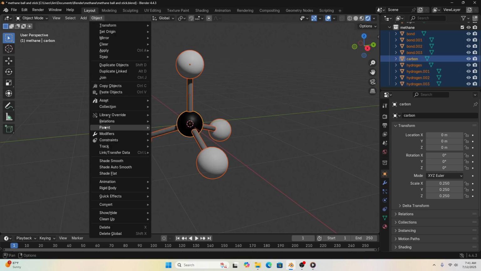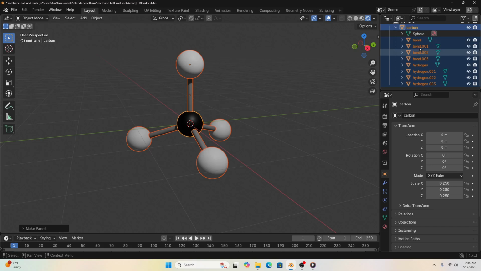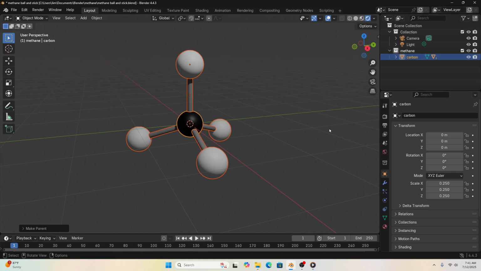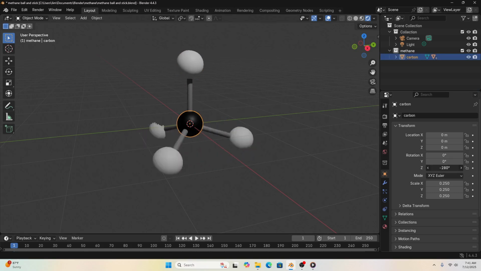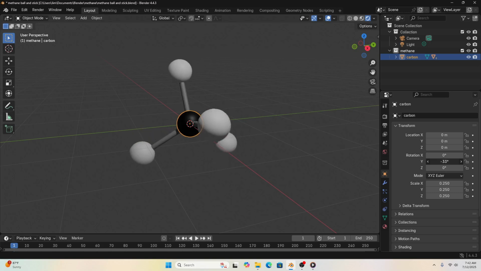Object, parent, object. So now in my scene collection, it just says carbon, but it says it's got 8 things belonging to it. I click the down arrow, there they all are. My 4 bonds and my 4 hydrogens are the 8 things that are children of the carbon. So now when I click on carbon and I rotate about the z-axis, the whole molecule is rotating. Or if I rotate around the y-axis,